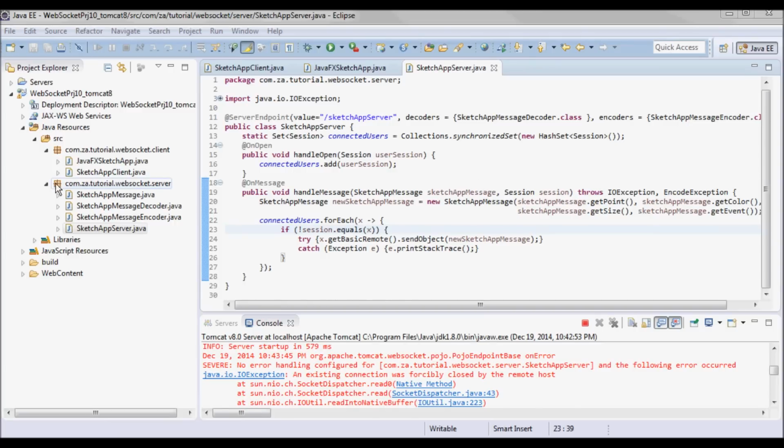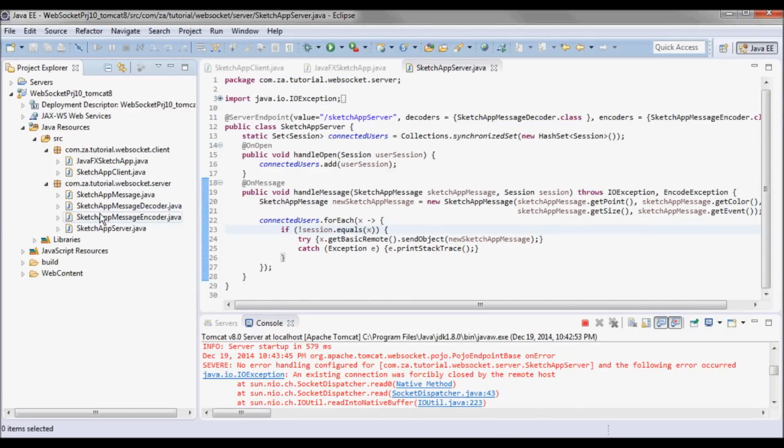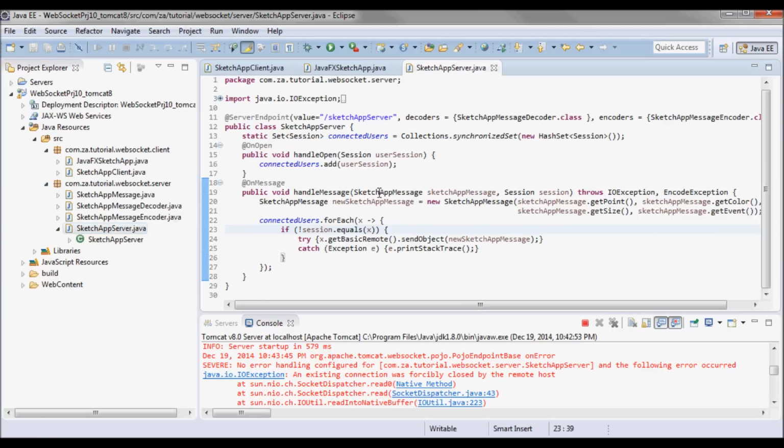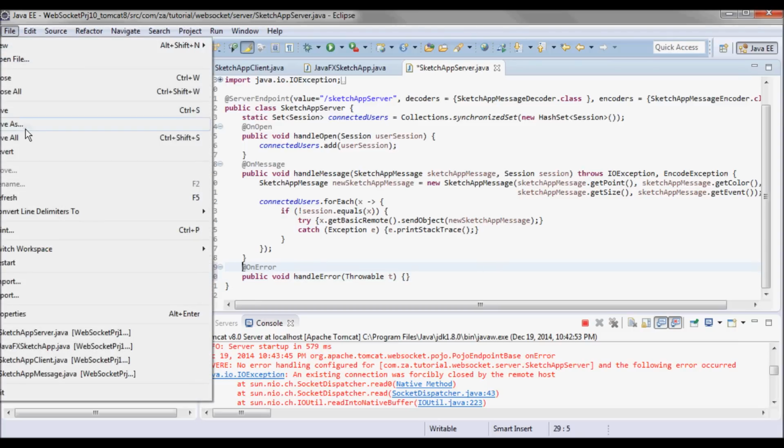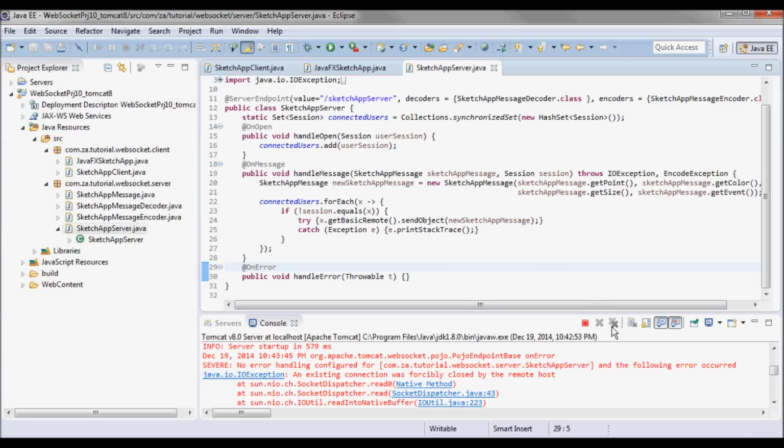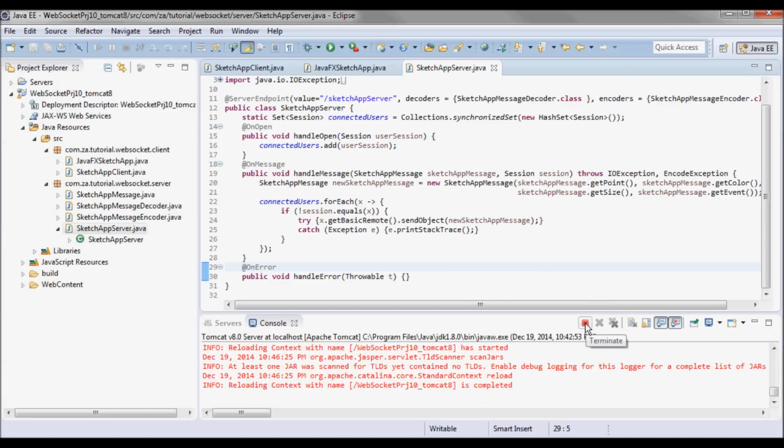So let's go to the server, and I will add a method that has an onError annotation. And let's run that again.